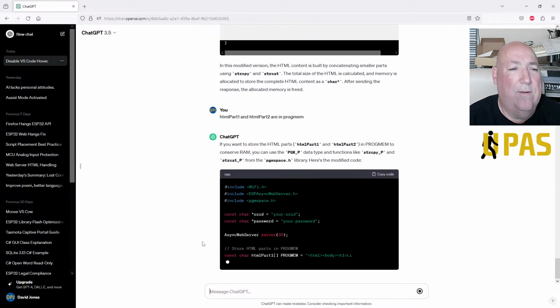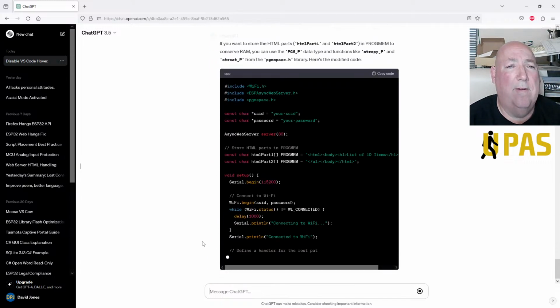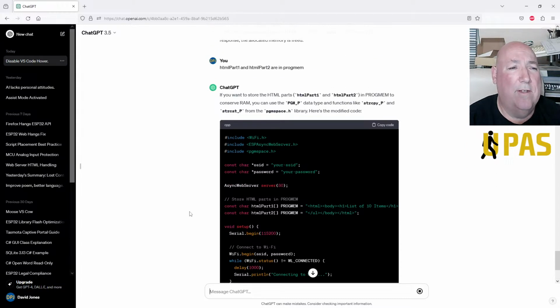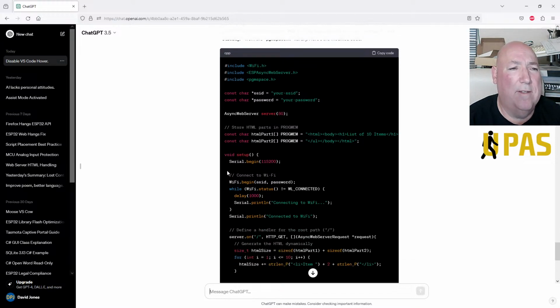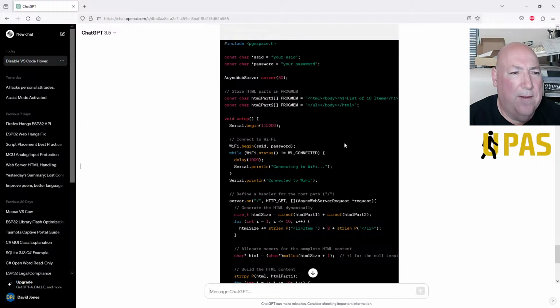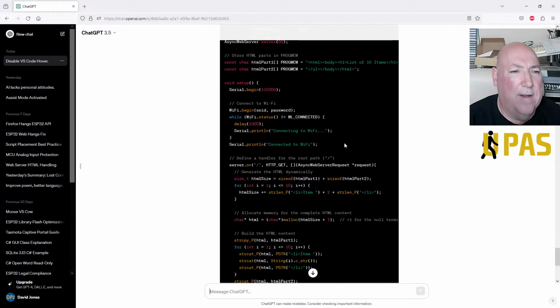If you want to store the HTML parts in prog.mem to conserve RAM, you can use the prog.mem data type, string copy P, and the program is a modified code, right? It's okay. So we've got prog.mem for them too. Right, okay.